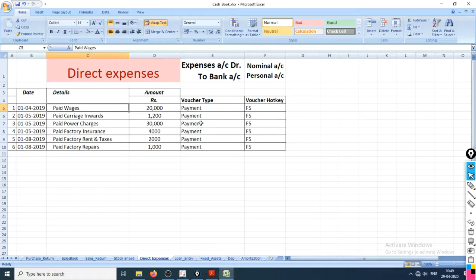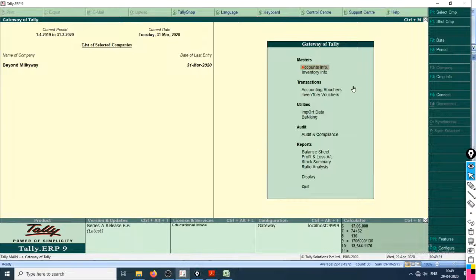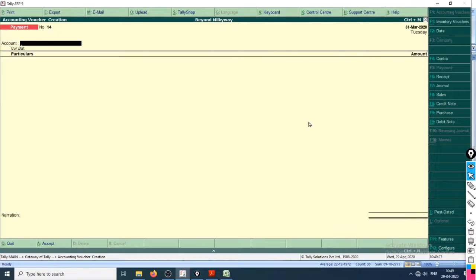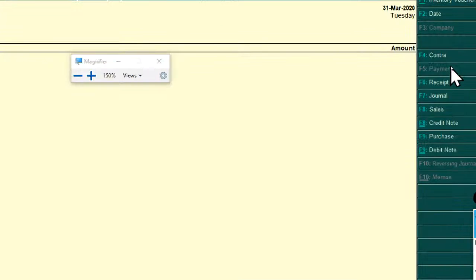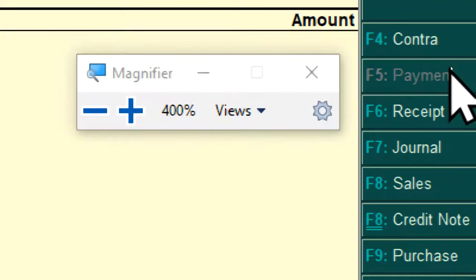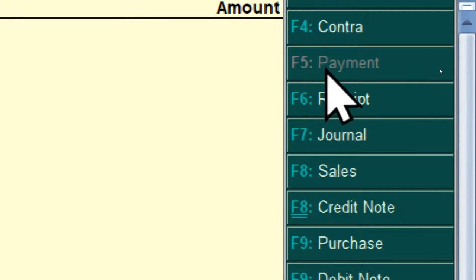Now quickly make these entries, and these entries will be all in payment F5, so you don't have to worry about it. And also, as there are 3 dates together, we can make one combined entry and two, so we have to make basically 3 entries only. Opening Tally right here, go to voucher F5, payment is already there for me. If you want to choose F5, you can choose right here. Payment F5.